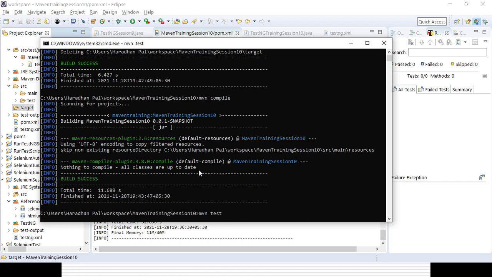So it will definitely first clean the project, compile it, and then it will run it.